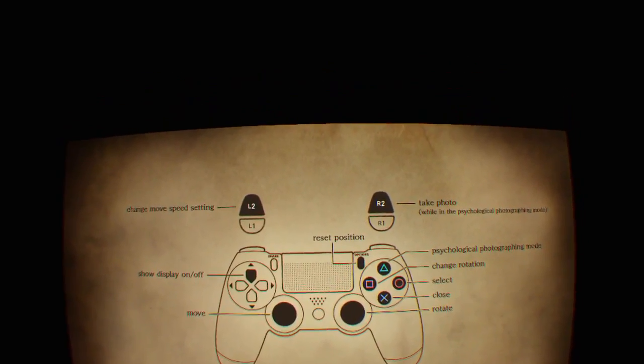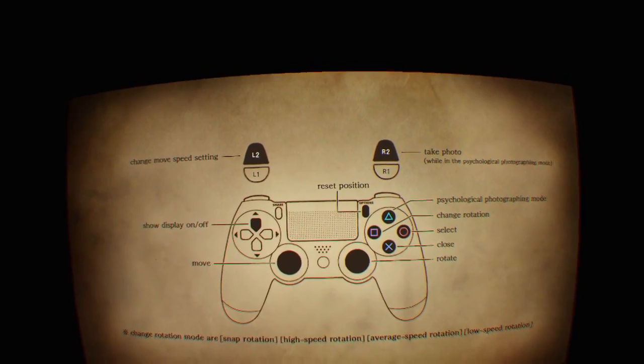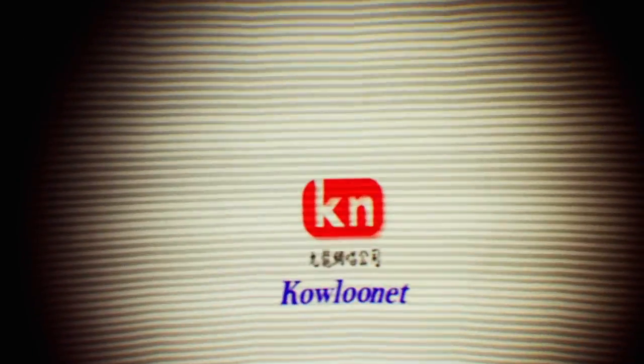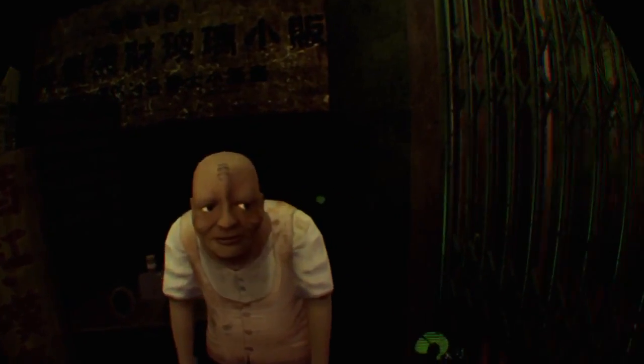This kind of reminds me a little bit of Fatal Frame. I know it's a much different game, but I don't know if you guys played Fatal Frame back in the day. It's kind of spooky. You gotta take pictures. They were sort of supernatural style pictures. This is psychological pictures. I understand that's completely different, but it reminds me of it a little bit. It's spooky. Alright, so we are looking to find...